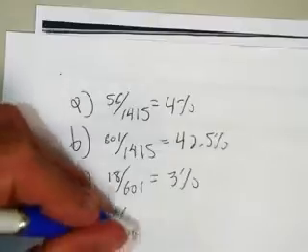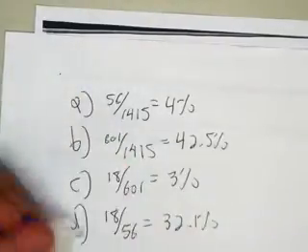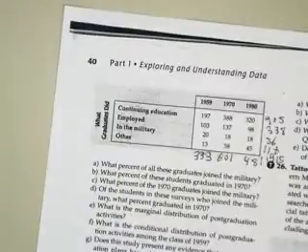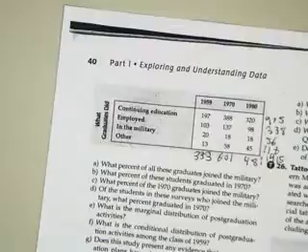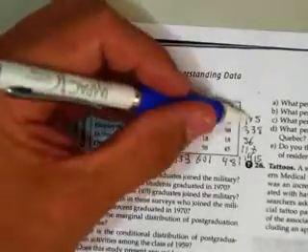In C, let's see, what percent of the 1970 graduates? We're looking at 1970 graduates, so there's 601 of them, and 18 of them joined the military. So it's 18 out of 601. If you do that, you get about 3%. And in D,